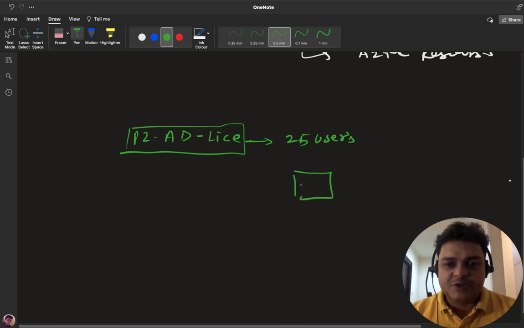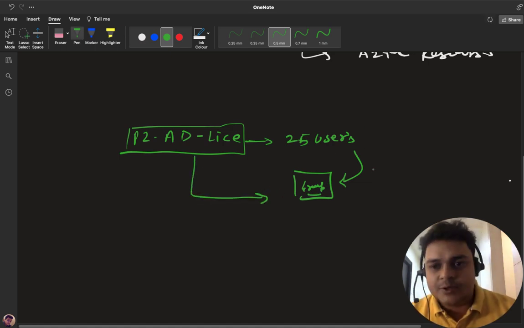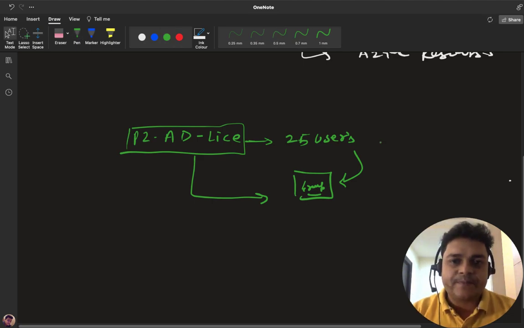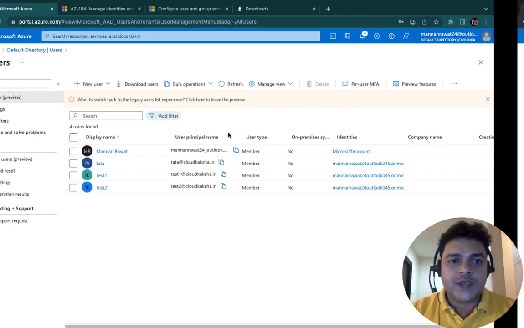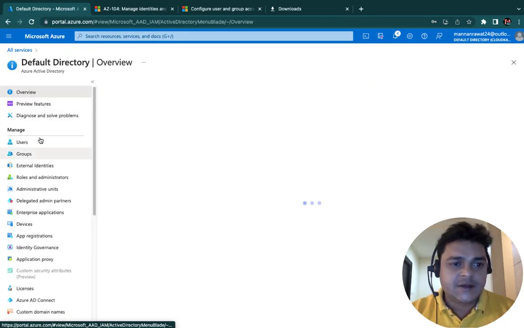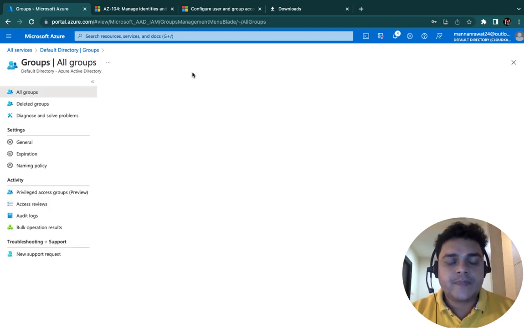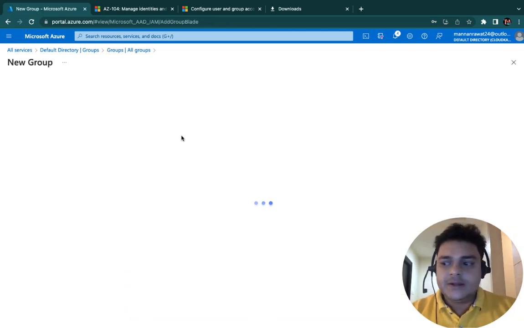Like, I'm just going to create a group, add all the users and assign the license to the group. Automatically all the users are able to access the same licenses. Clear? So I'm going to show you the steps for how we can do that. Just need to click Azure Active Directory, click groups, and let's create a new group, and after that we'll add our members. Click new group and